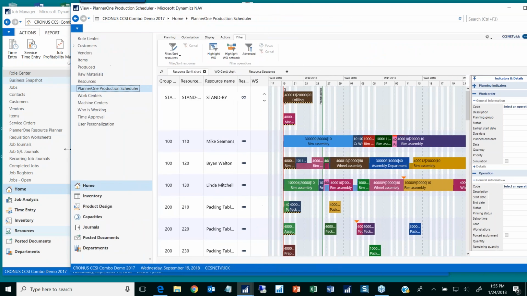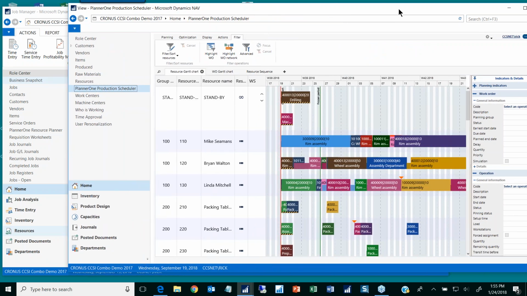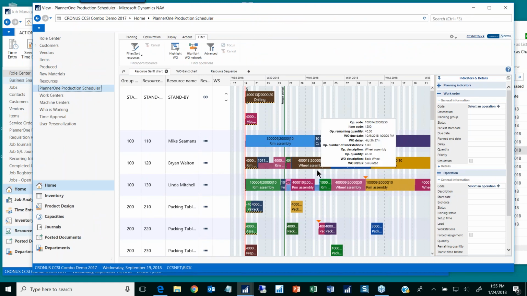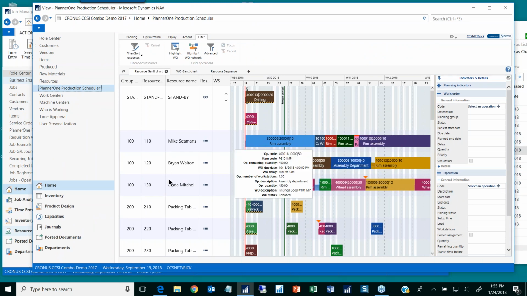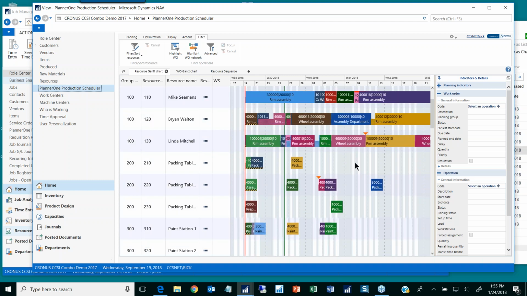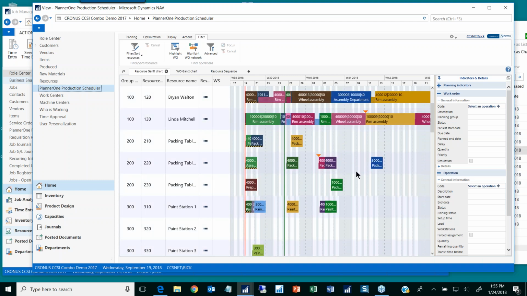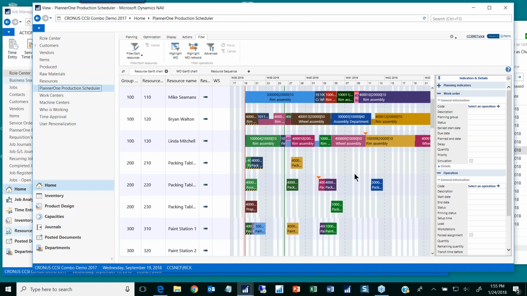Here is the planning tool. This is still Planner One, but now it's for our work centers and machine centers within our production system. They are quite different in what they do,